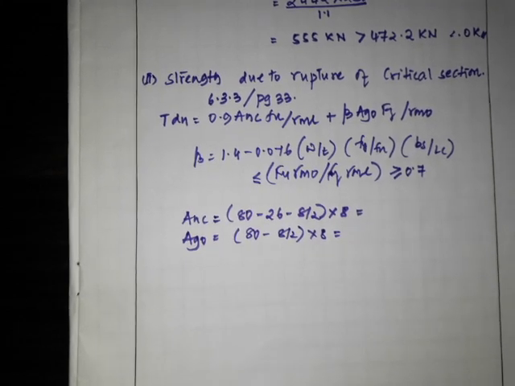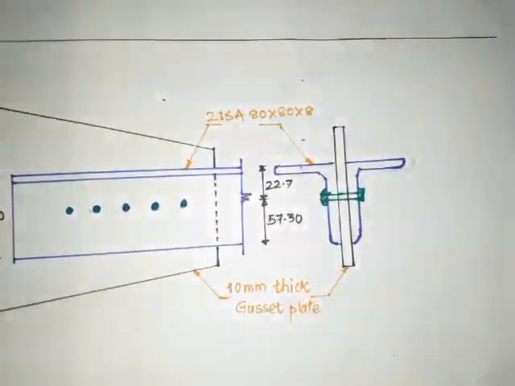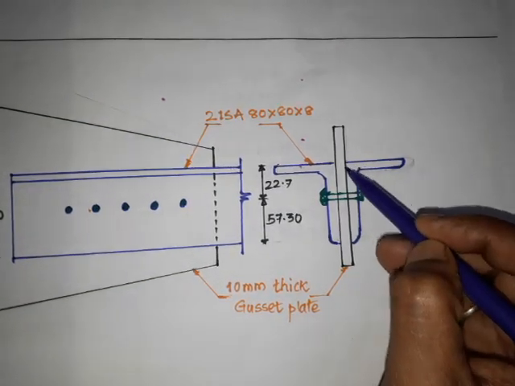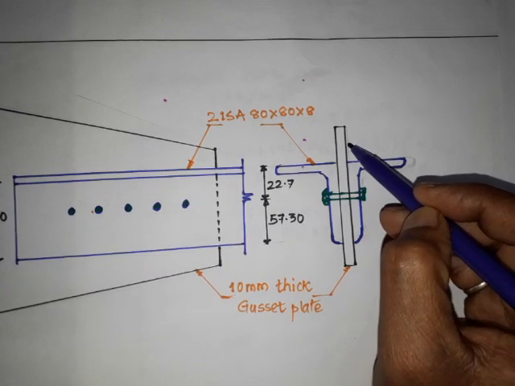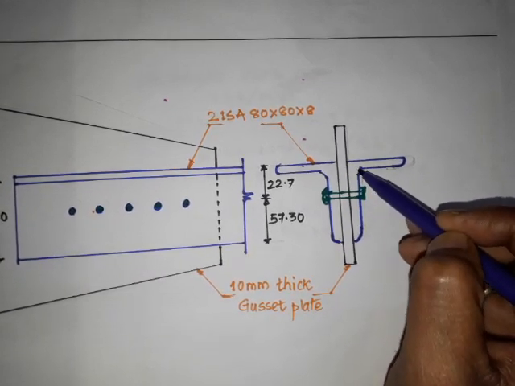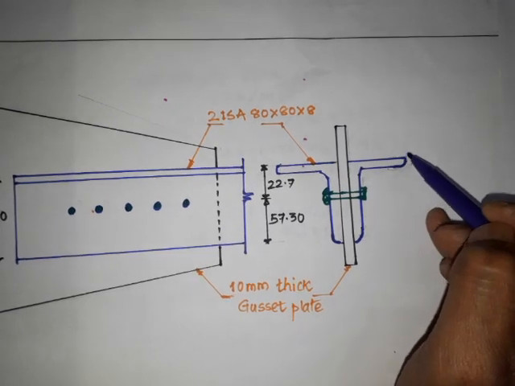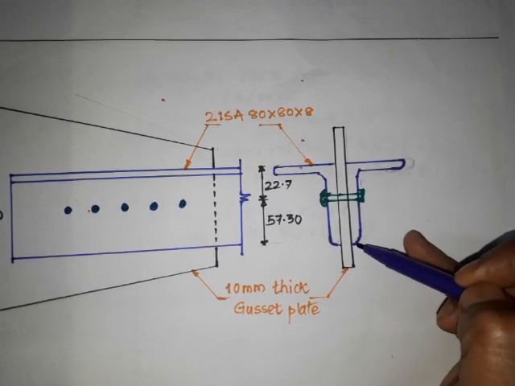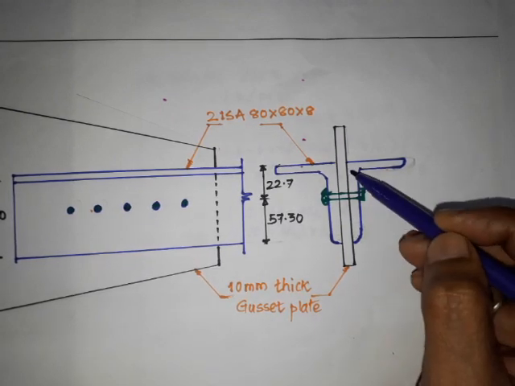So I will show you. What you can see here, this leg is 80 as well as this leg is 80. So the outstanding leg is 80 minus half of the overlapped leg, 80 minus 8 by 2 into thickness. The net area of the connected leg: connected leg is 80 minus 8 by 2